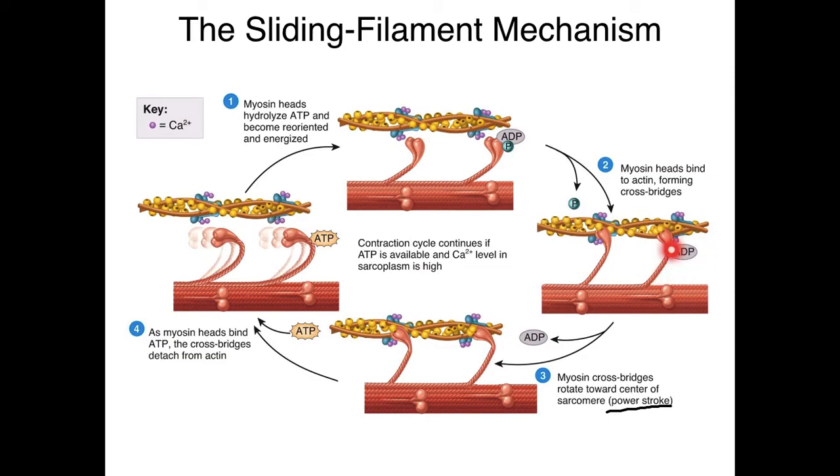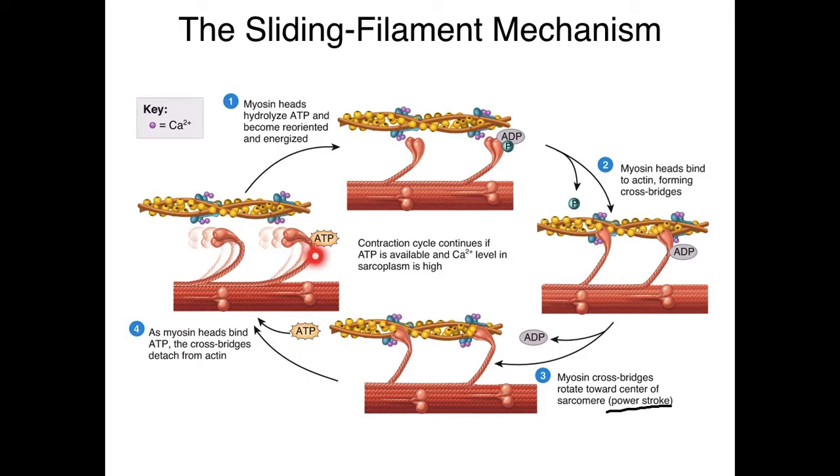Here the step is the ADP leaving. That's what causes the power stroke. Boom. But if you didn't have any ATP around, it would just stay stuck. You'd get one power stroke and that would be it. You'd get no more contraction. Wouldn't do much of anything. When ATP binds to the myosin, that's what causes the myosin to let go. So here you see that the myosin has let go from the actin, and then when the ATP is hydrolyzed